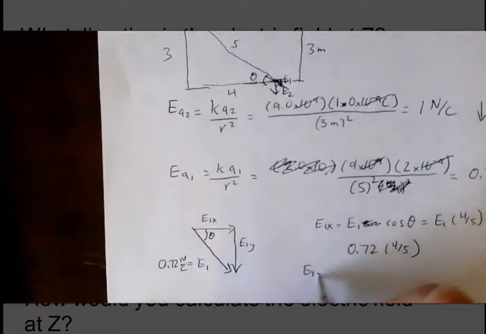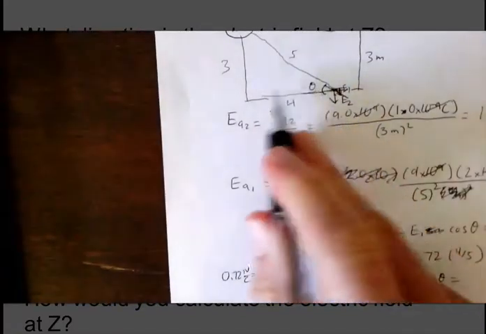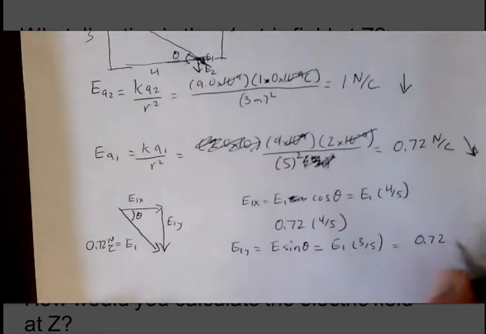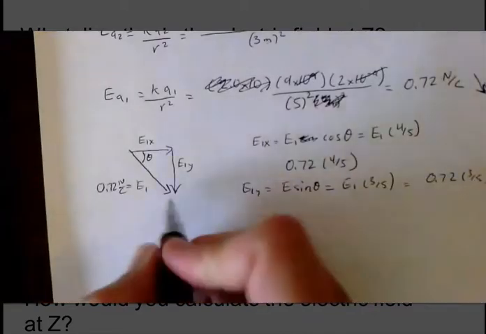And E1y will be E1 sine theta. And the sine of this angle is the same as the sine of that angle, which is 3/5. So that's E1 times 3/5. So 0.72 times 3/5. And then we would take those, we could draw this, but see what we're going to do is take this. This is E1x and E1y,